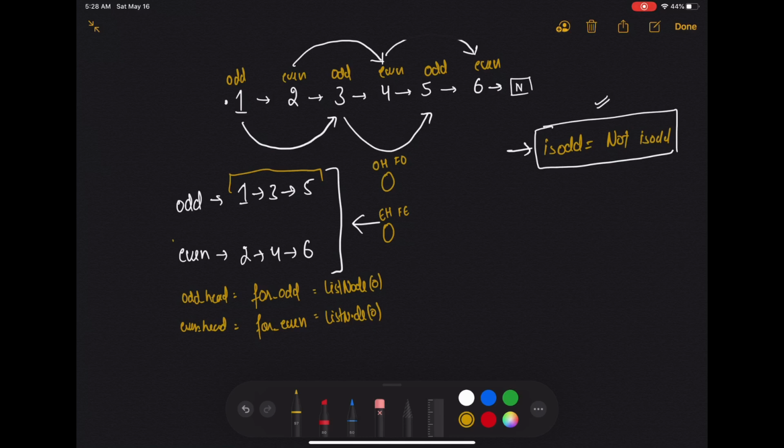So let's start. I have isOdd equal to true because I'm at the first element, and I have my head pointing to 1.